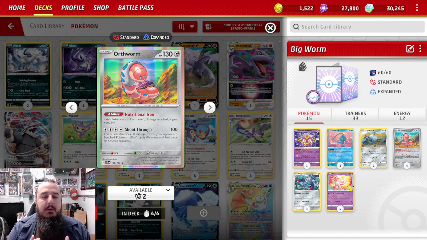So let's go ahead and jump into the card here, which we are of course playing 4 of. It is a basic Pokemon with 130 HP, which normally is not that bad. It doesn't evolve, so we're not expecting it to go higher. However, it does have the ability Nutritional Iron. If this Pokemon has 3 or more energy attached, it gets plus 100 HP. So you're up to 230, and if you remember, that's the max that we got Swordfish up